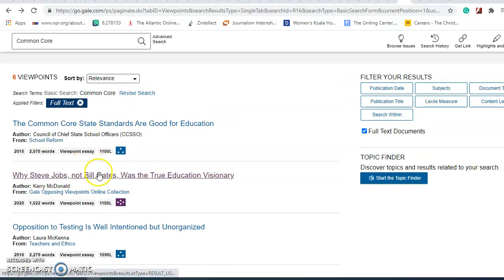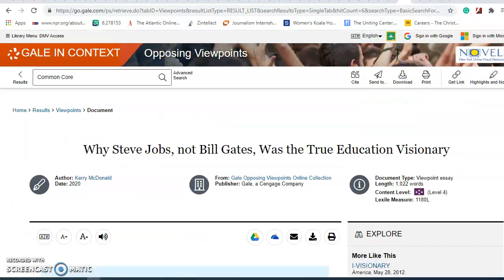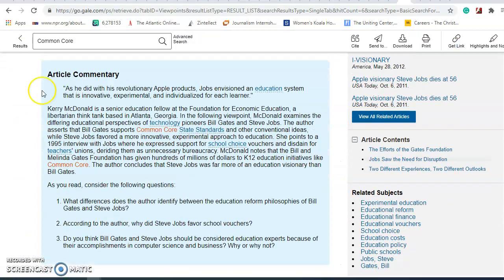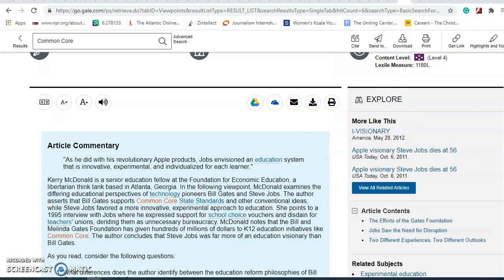So I clicked on this one over here, and I'm looking over here at the article commentary to just kind of get a summary of the article. And I think that this matches my perspective better than the other articles. So I'm going to download this article,